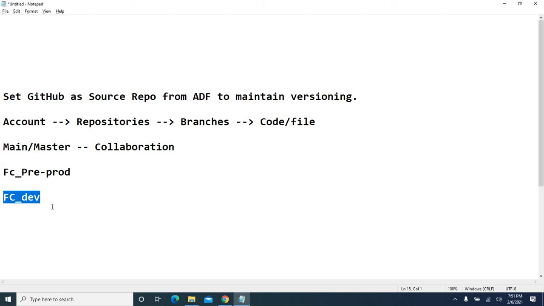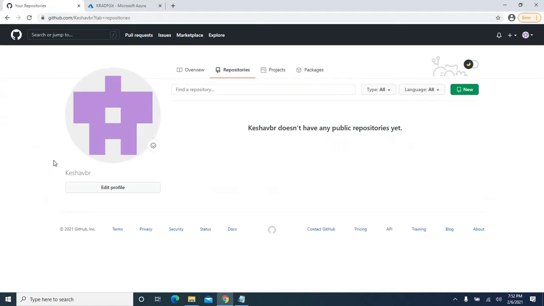Once our development is done and validations are done, we can merge the changes back to master. That's how the development cycle would be. It could be any change request, creating a new table, adding additional columns or creating a new pipeline, whatever it is. As per the change request, the changes will be done in the dev branch, then moved to pre-prod. Once those are successfully executed in pre-prod, and with proper sign off, those will be merged to master. That's how it would be. Okay, let me take you back to the GitHub account and we'll play around here.